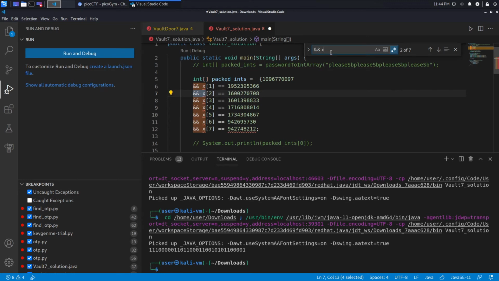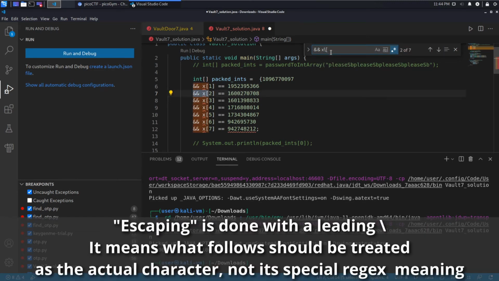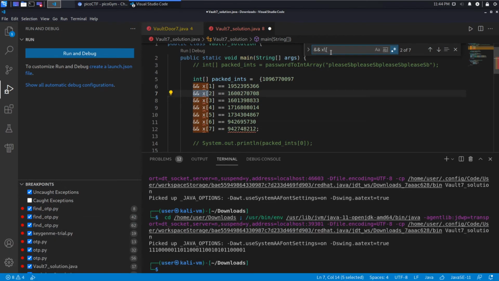So one thing you'll notice is we no longer match on the left bracket. Well, we have to escape it because it has a special meaning in regular expressions. So now we get to the reason we're interested in regular expressions. Now we have a way to match on any number, any single number. So we'll do a \d, which is the code for a number, then a \ right bracket, a space, 2 equals, another space. And so we've matched everything we're interested in, and we're going to replace it all with a